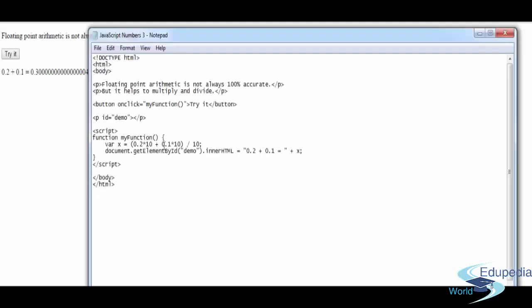Floating point arithmetic is not always 100% accurate, but it helps to multiply and divide. 0.2 plus 0.1 is equal to 0.3, and that's much better than the previous example in which you got 0.3 and all those extra zeros. But in this example, you did the whole thing divided by 10